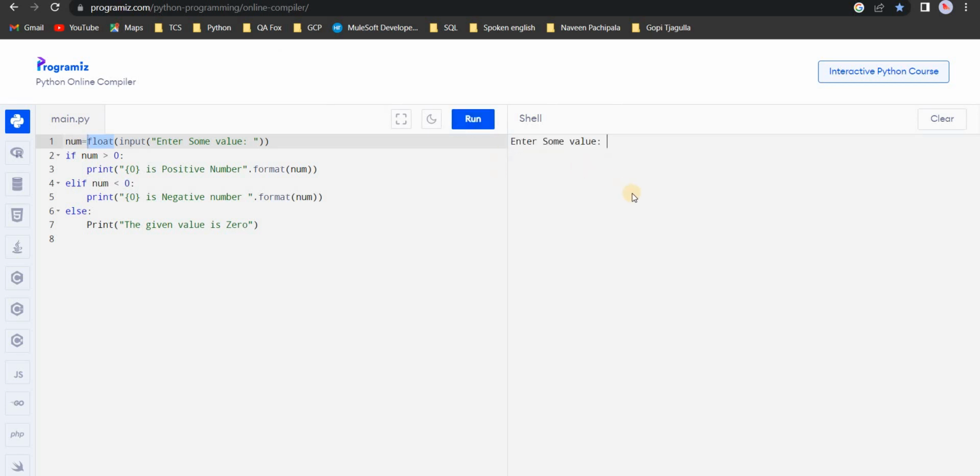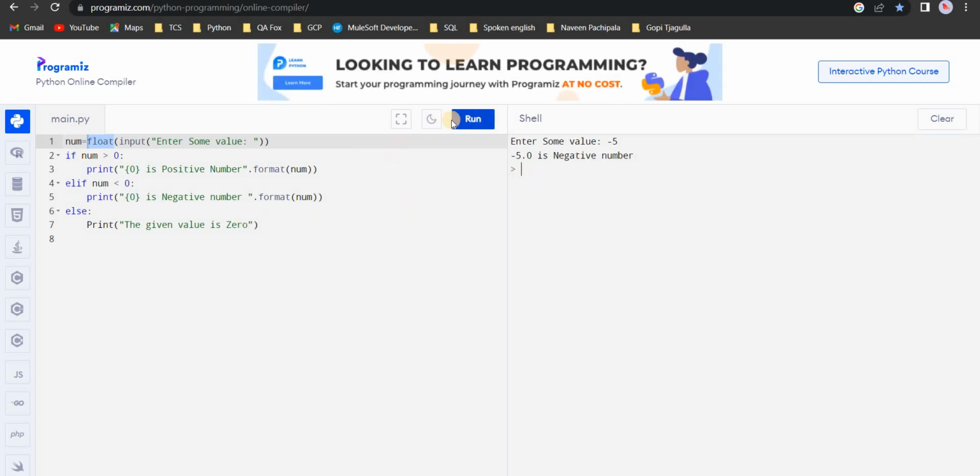If I take minus 5 here, that means less than 0, it will give negative number. If I take a 0 value here,